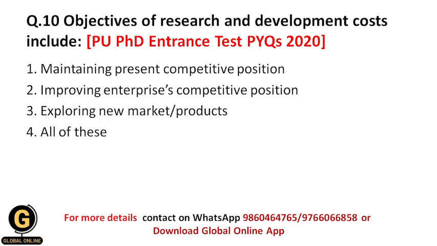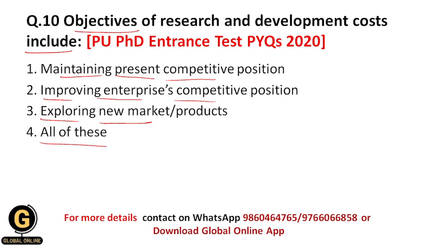Objectives of research and development costs include: maintaining present competitive position, improving the enterprise's competitive position, exploring new markets and products, all of these. Now students, what is the objective of research and development costs? So students, research and development cost means what? Research and development is nothing but a long procedure through which we can do most of the things, right? We can improve